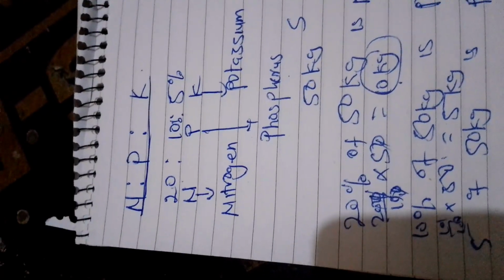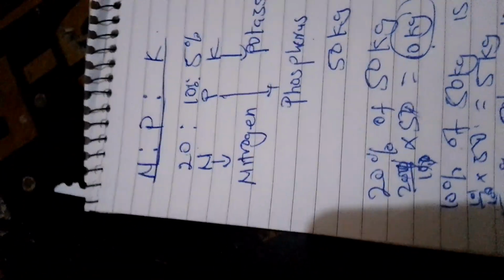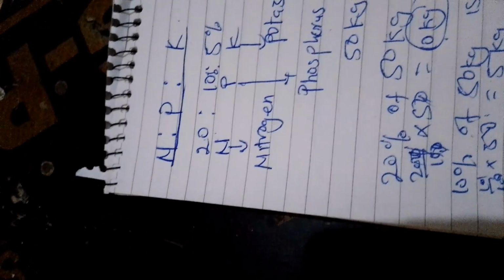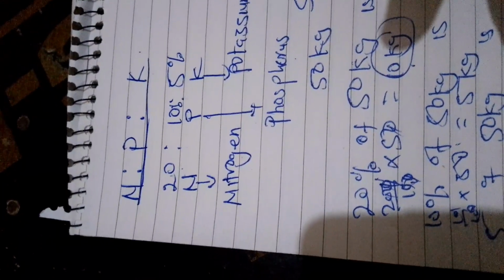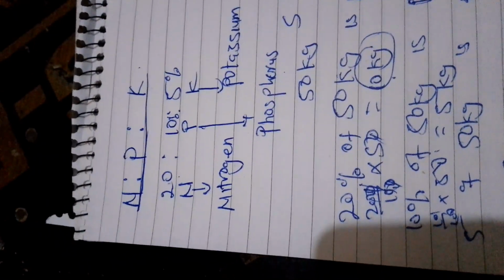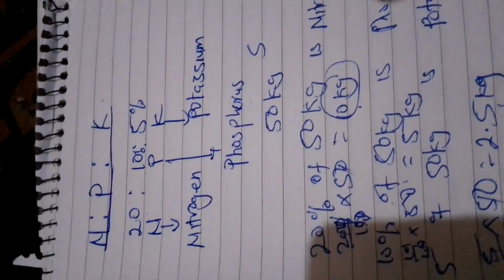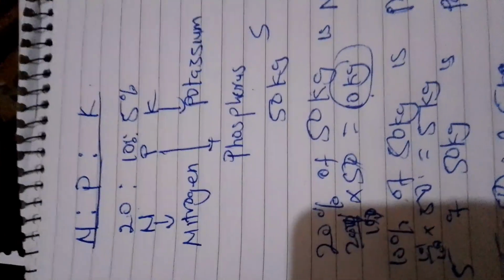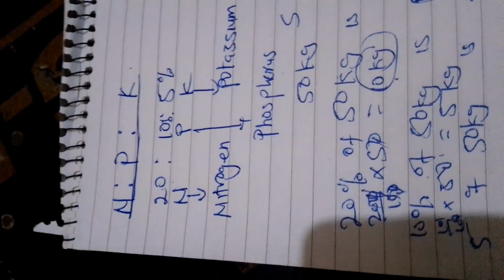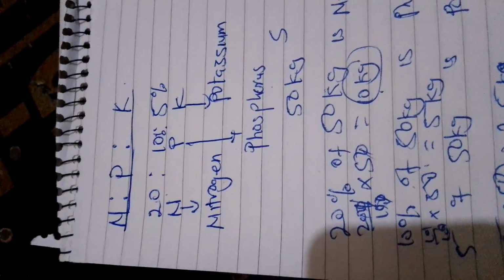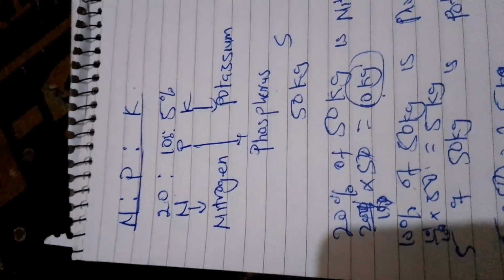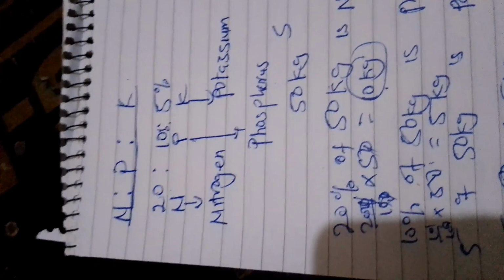So when you buy a bag, this is how you can read the label. The NPK, this is what it stands for. Now let's go and see how these primary nutrients work in the plant. Plants need a lot of nutrients to grow very well, and we have primary and secondary nutrients. The most important primary nutrients that we need are nitrogen, phosphorus, and potassium. The secondary ones are boron, magnesium, and sulfur. They have their own role to play, but the most crucial nutrients that plants need